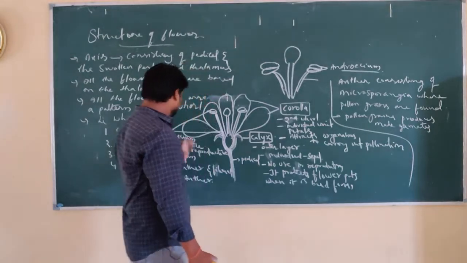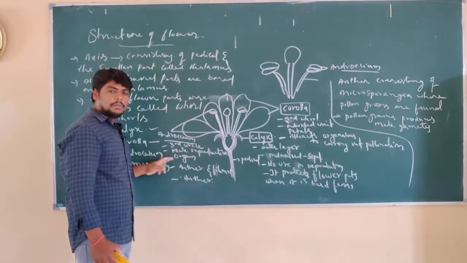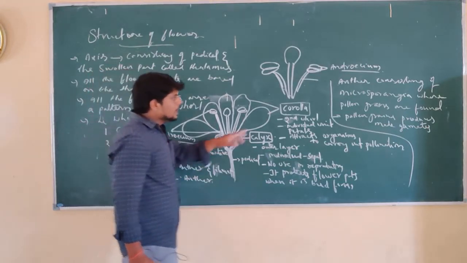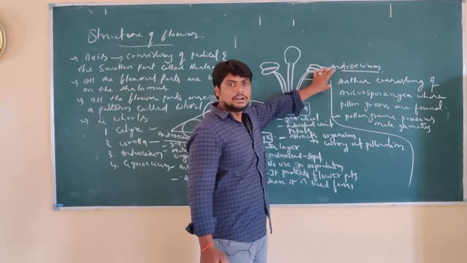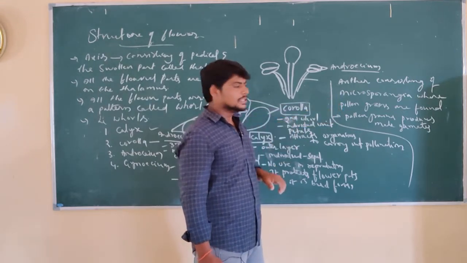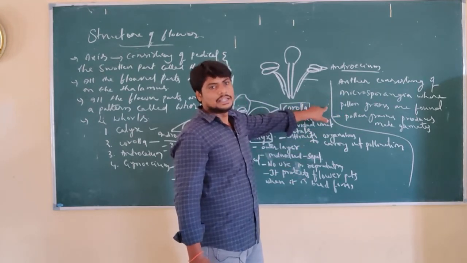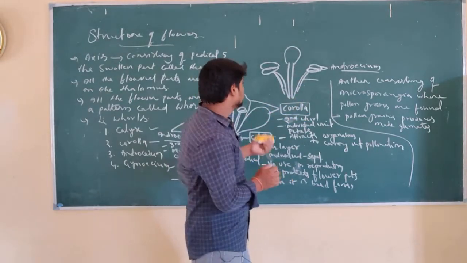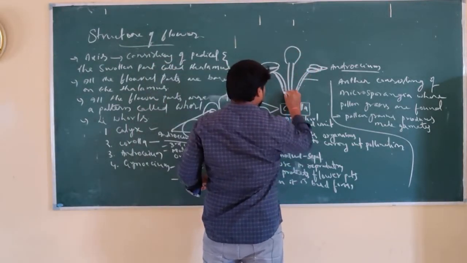That's why androecium is what we call a male reproductive part. So it is the third whorl called the male reproductive system. It is consisting of anther and the filament. If you observe the anther, it consists of pollen sacs, generally what we call microsporangia, which consist of pollen grains. And these pollen grains produce the male gametes or male sex cells. And the filament is the tubular connection of the anther. Understand, that is what a male reproductive system. Now another important structure we are going to discuss is